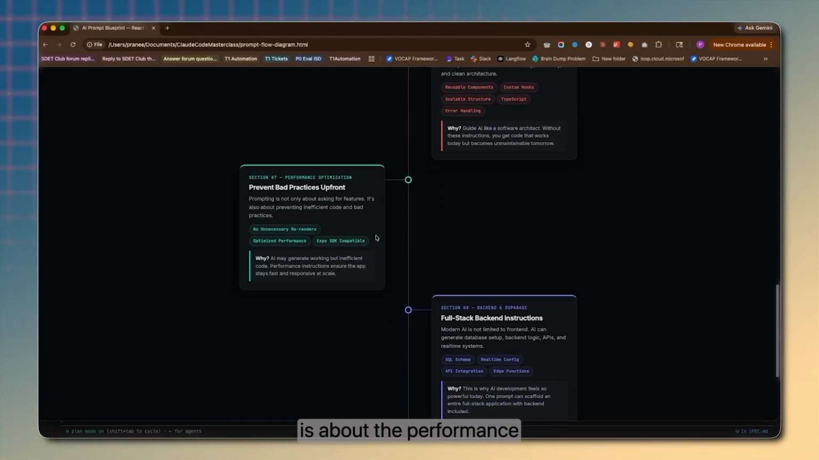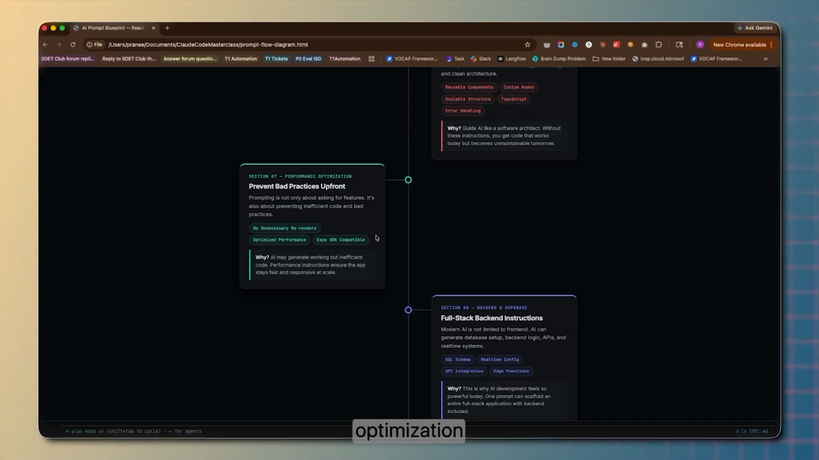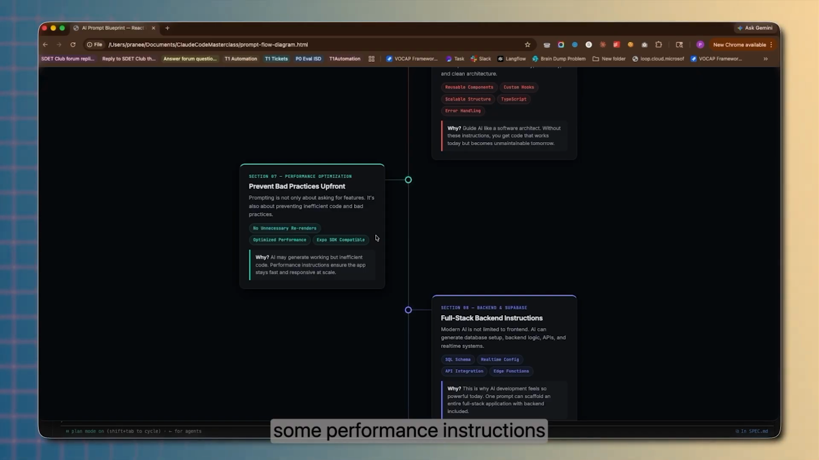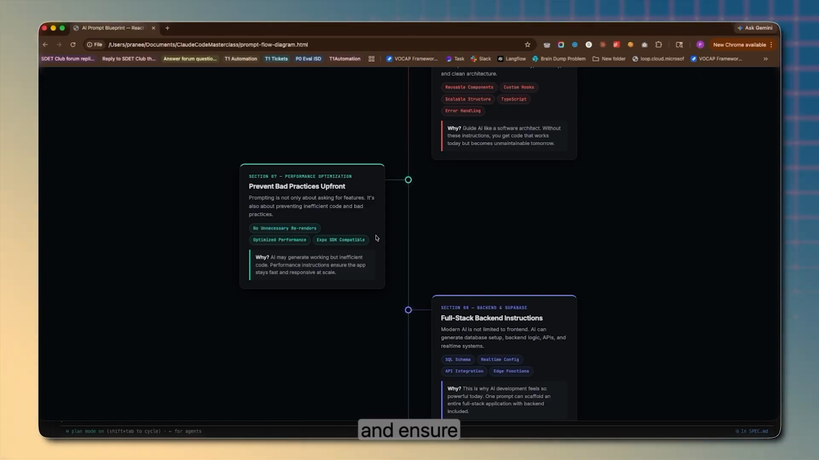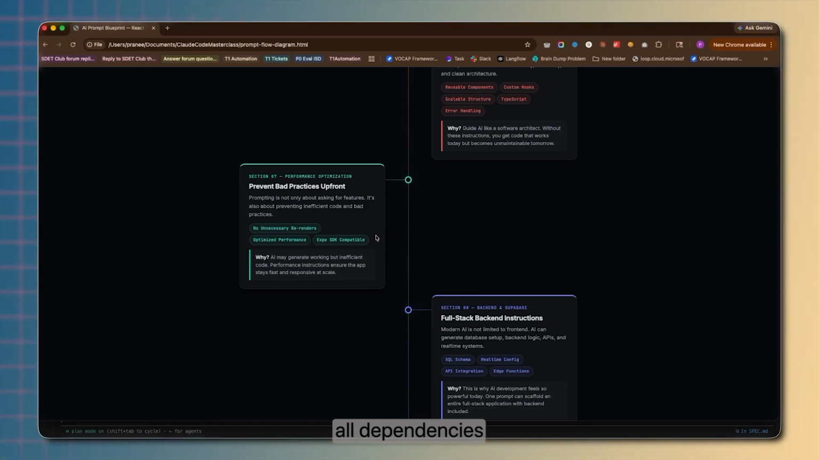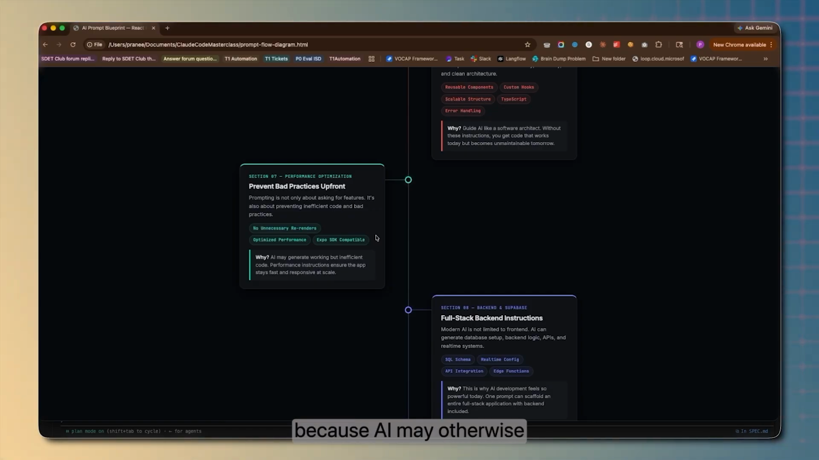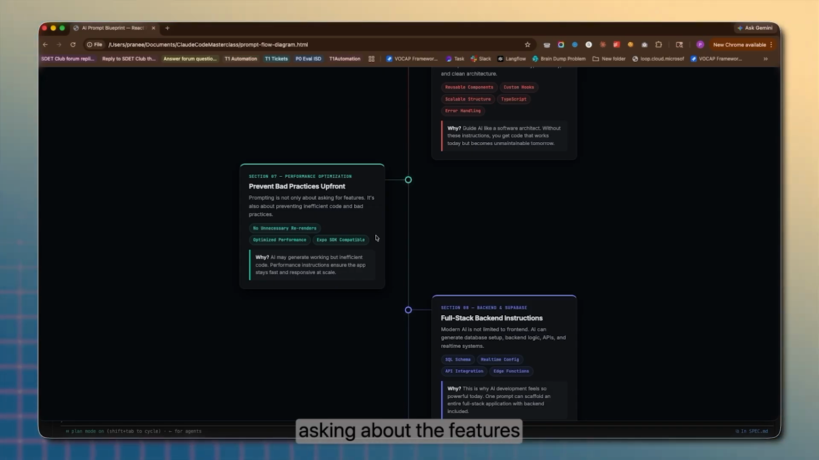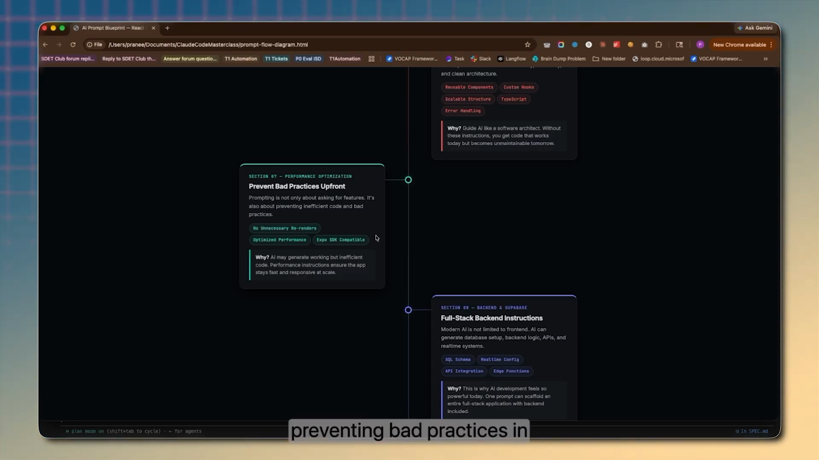Section 7 is about performance optimization. We should add this performance optimization in our prompting. So here we also add some performance instructions like avoid unnecessary re-rendering, optimize performance, and ensure all dependencies are compatible with the latest Expo SDK. This is important because AI may otherwise generate inefficient code. So prompting is not only about asking for the features, about the UI, but prompting is also about preventing bad